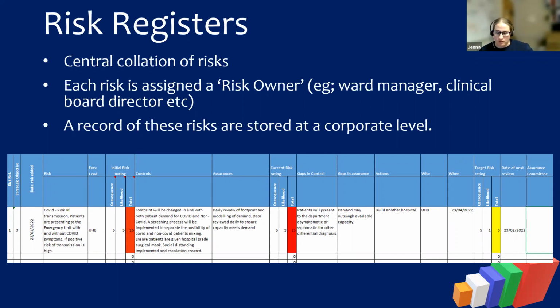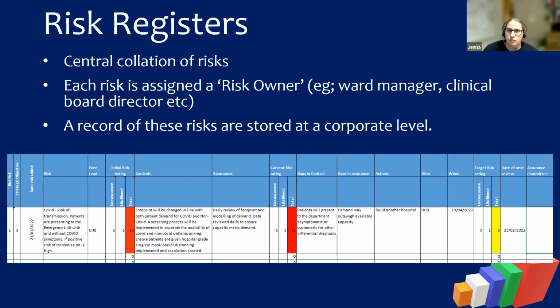The consequence is always going to be really high because we don't know how each individual's response to COVID is going to be different. So the consequence is always going to remain quite high because it is a matter of life and death. But actually, I would ideally like to reduce it completely so that that isn't an option. I'd like to have 10 individual cubicles so that if you had 10 people present to the department with the cardinal signs and symptoms, we could put those people in individual rooms so that they weren't exposed to anyone else. And we know that that would reduce the likelihood.